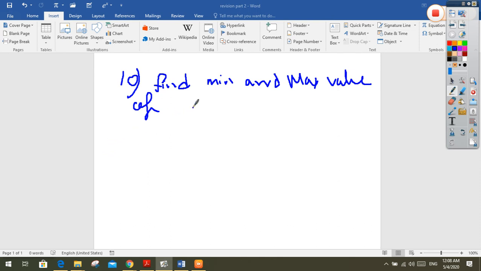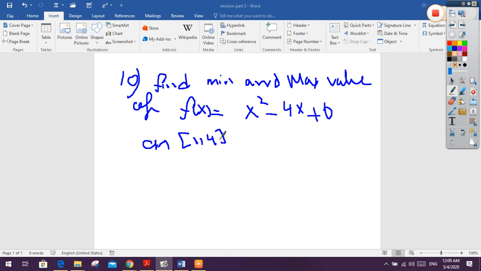For example, f(x) equals x squared minus 4x plus 6. I ask you to find on which interval. I'm sorry, as I asked you the equation of the tangent at a given point, here I have to give you on which interval, a closed interval. Since we are talking about the extrema on a closed interval, I'm talking about the absolute maximum and absolute minimum,